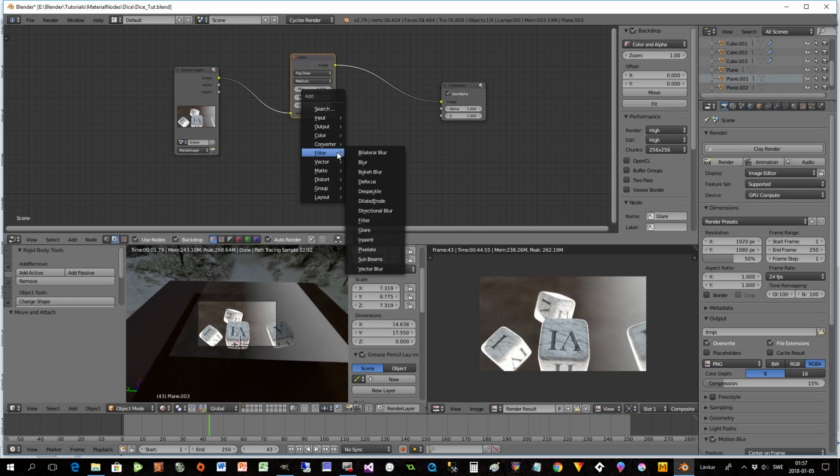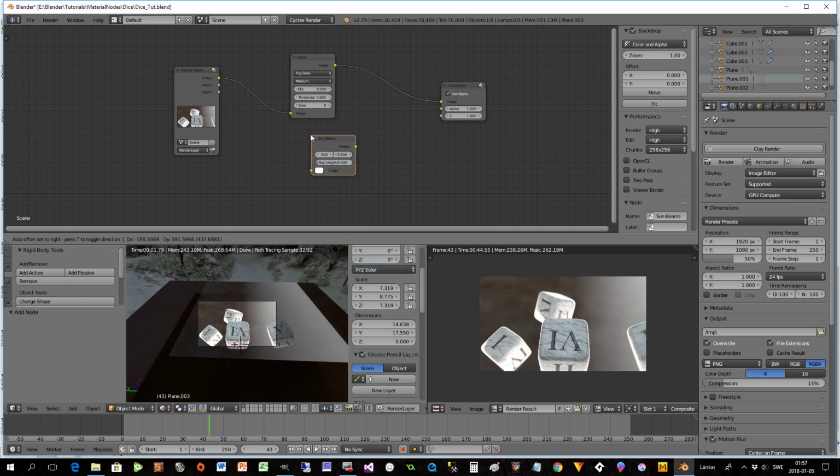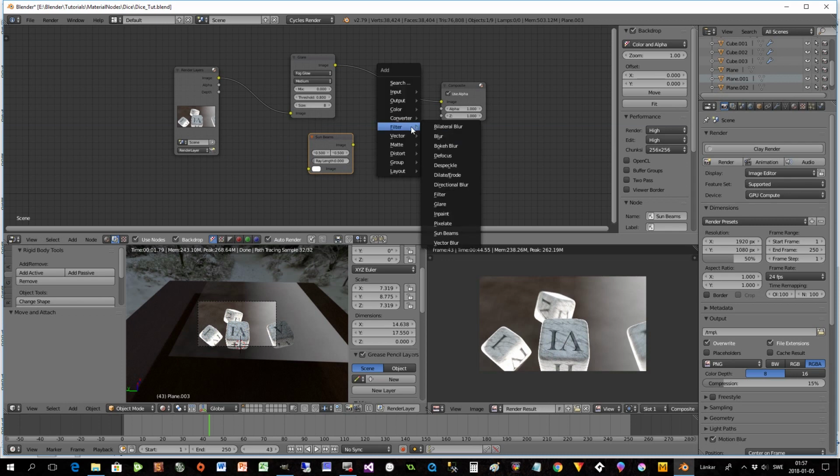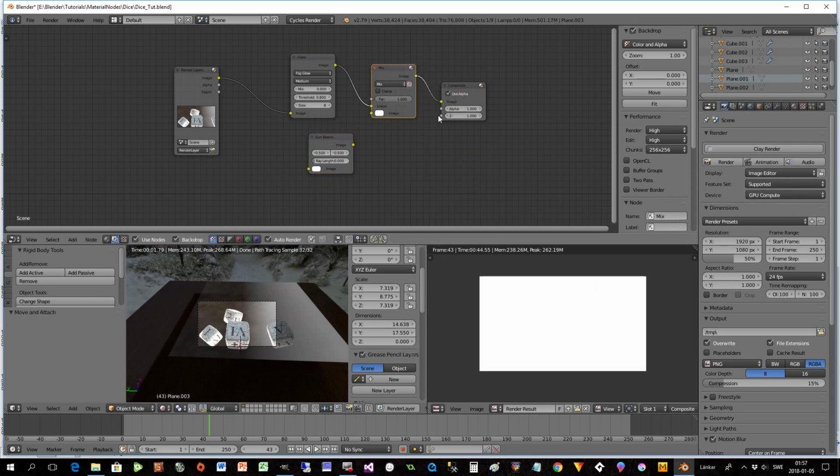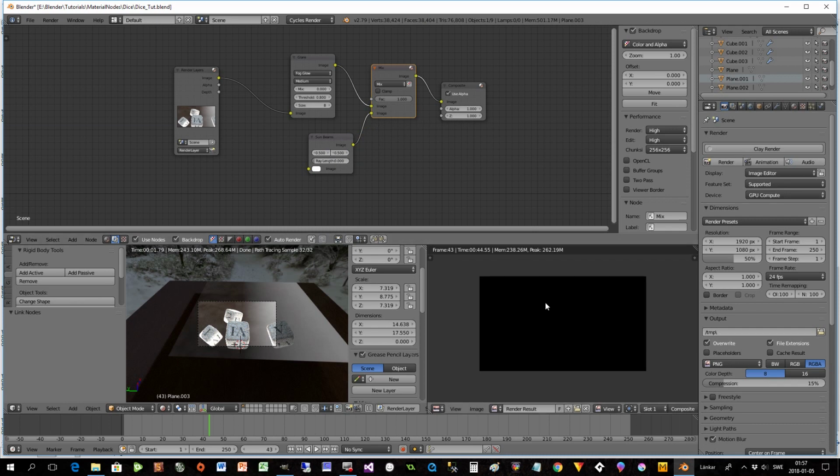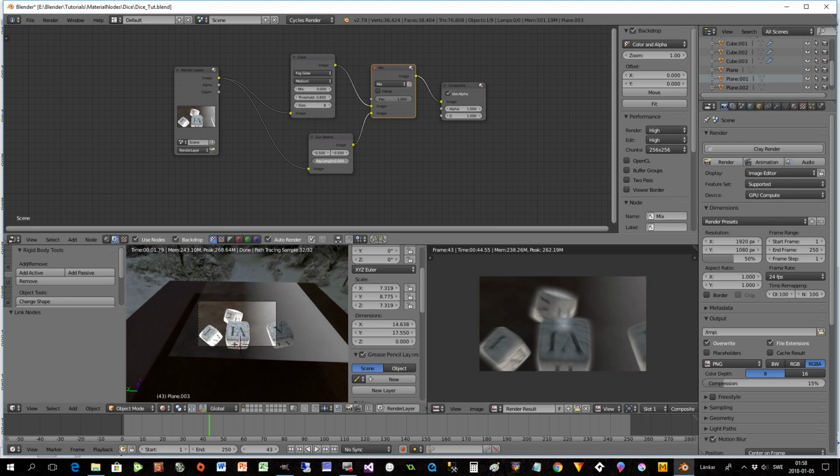So what I will do more is I will add another one called Sun Beams here. And I will also use a color mix where I put these together. And now I'm only using the Sun Beams. That one is now black. But if I connect it with this image here and I add some ray length,